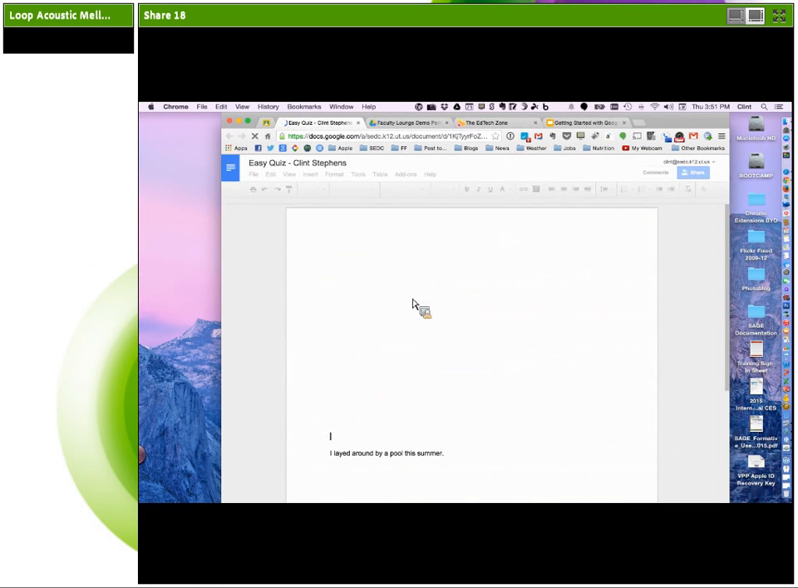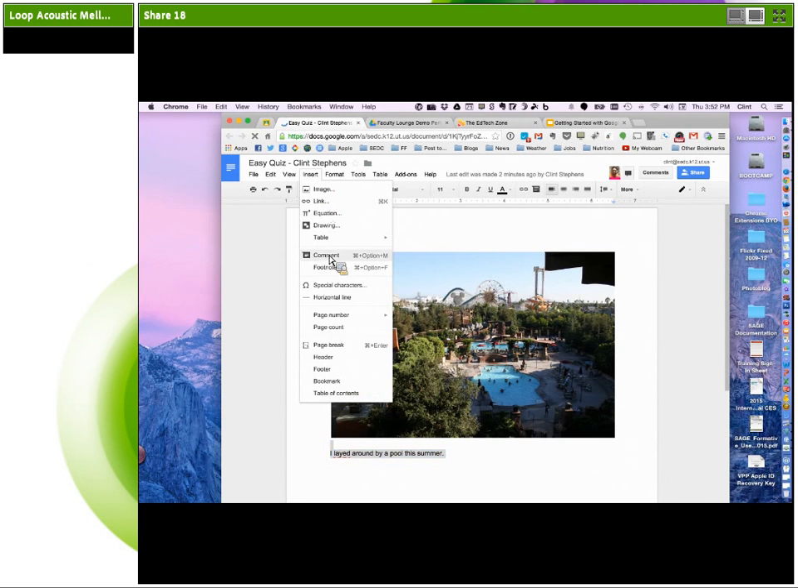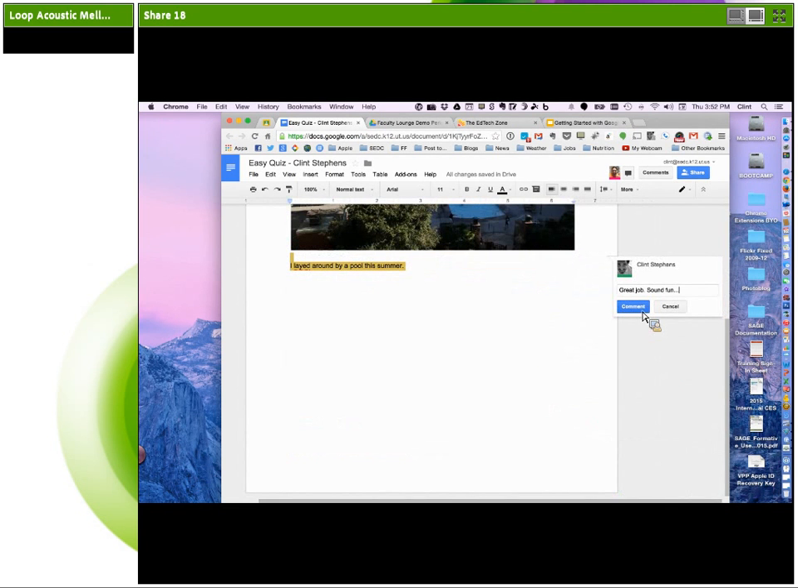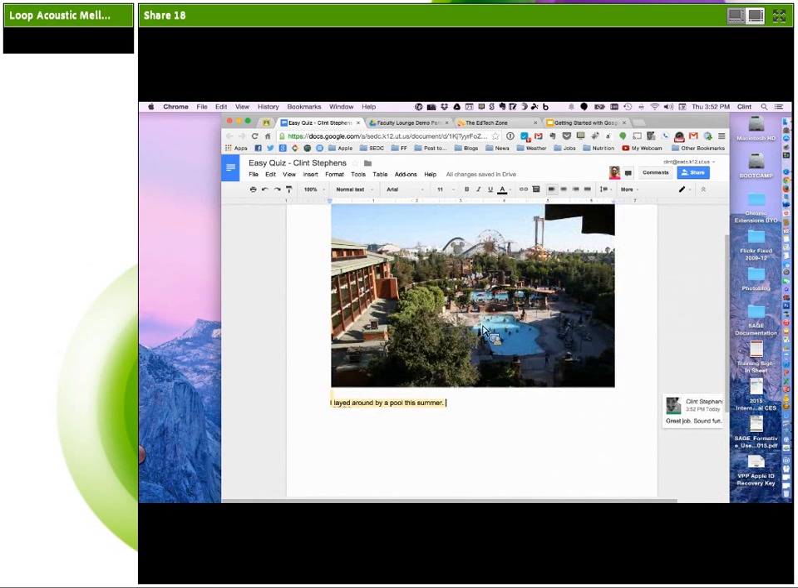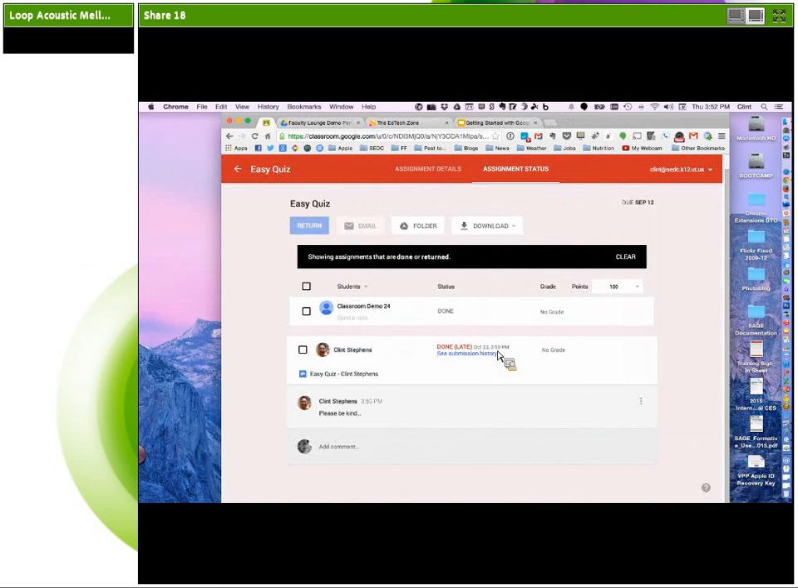Now as a teacher, I click on the document. It opens it up in a new window or a new tab. And then I can insert a comment. Great job. Sounds fun. Whatever you want to post to the student. You can also put their score in there, 100 points. And comment. Students are sent an email that says you have inserted a comment on their document so they can see what you've done. As a teacher, I just close that window, come here and say the grade for Clint